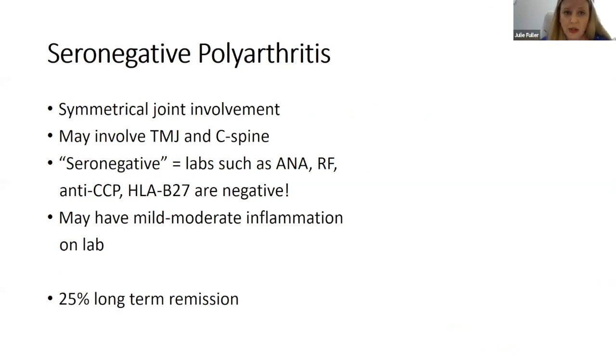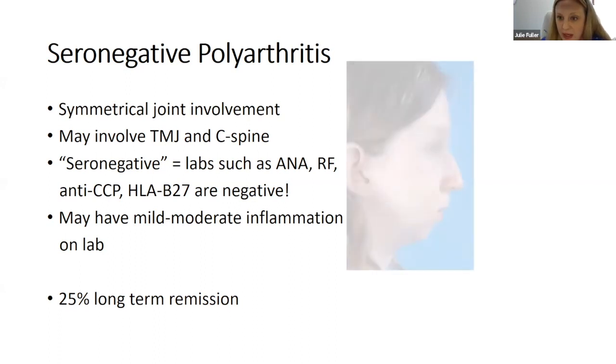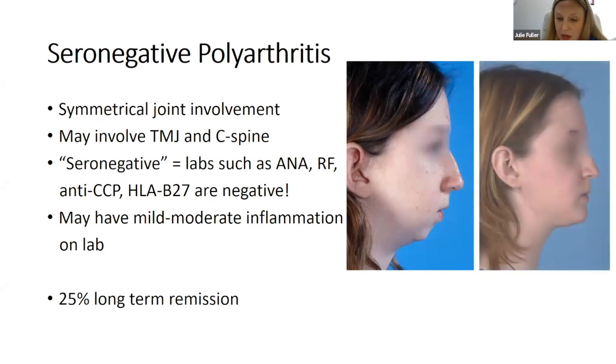So key features, these patients do typically have symmetrical joint involvement. And as I mentioned, may involve the TMJ and C-spine. And I think I have some additional pictures here of an actual patient from our clinic that had TMJ involvement and developed micrognathia, because what happens with this, if they develop arthritis in the TMJ, usually under 8 years of age, there's underdevelopment of the mandible. And this leads to micrognathia and a lot of bite issues